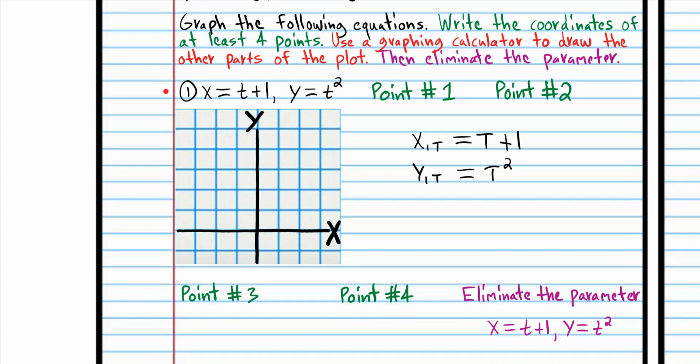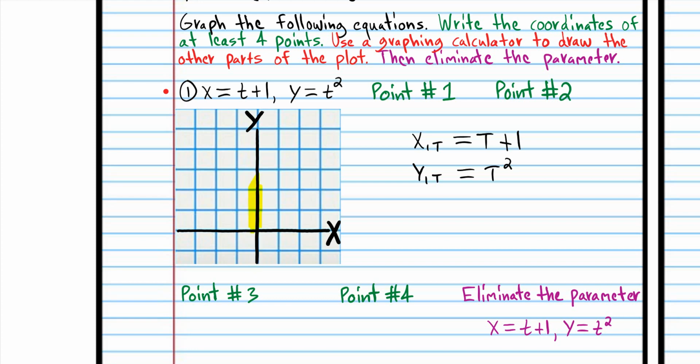So we should have T minimum -10, T max 10, T step 0.1. So notice down here, we have 4 units to the left of the y-axis. So we want x minimum to be -4, and x maximum we want to be 3, and the x scale is going to be 1, y minimum is -2, and y max is going to be